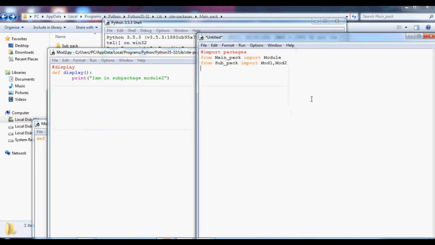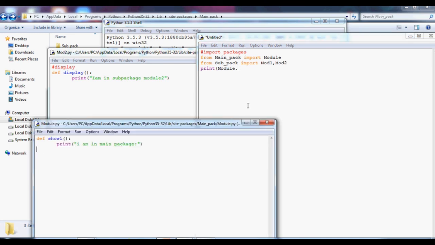Okay, so I'm just going to call those, that's all. Print module dot show one.